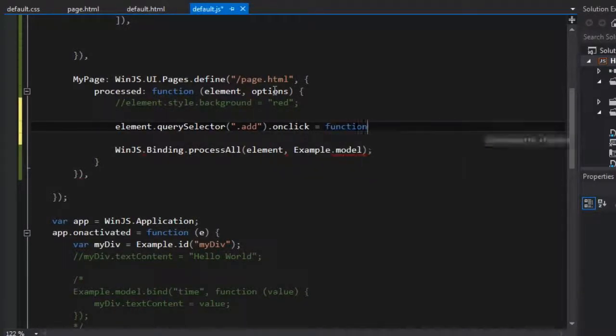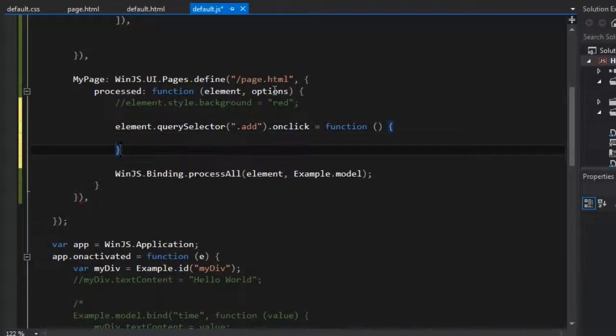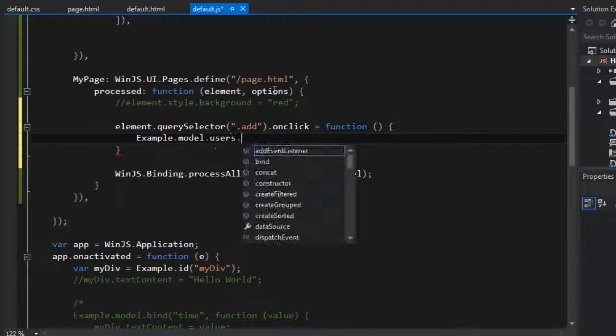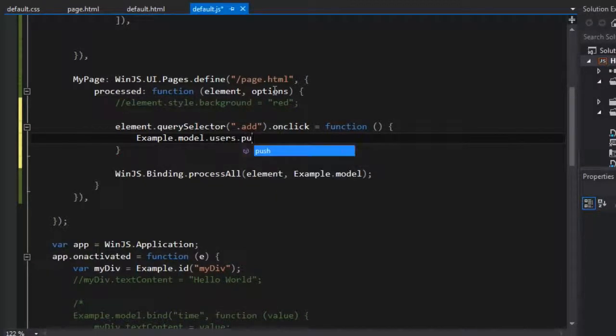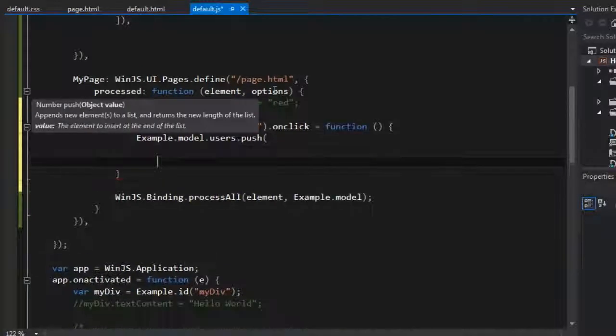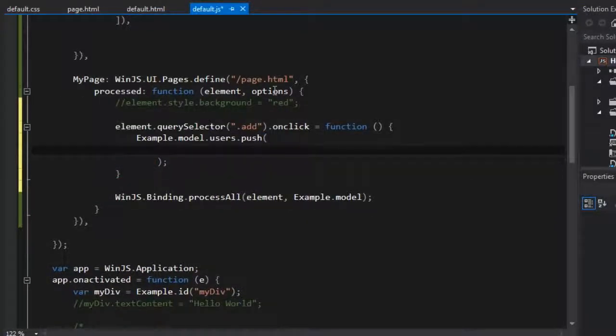So whenever somebody clicks, we want to use our example.model.users, and we're going to add a new item, and to do that we'll use the push function. And what we'll push is a new object,